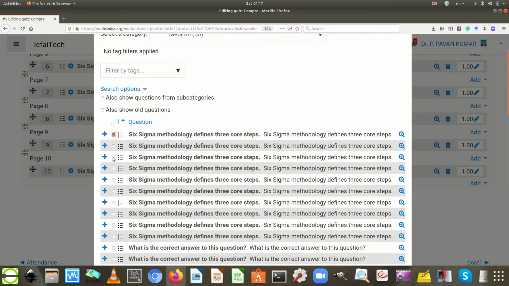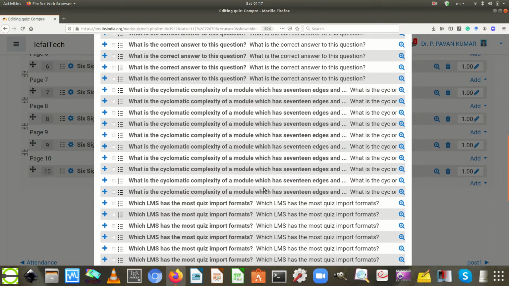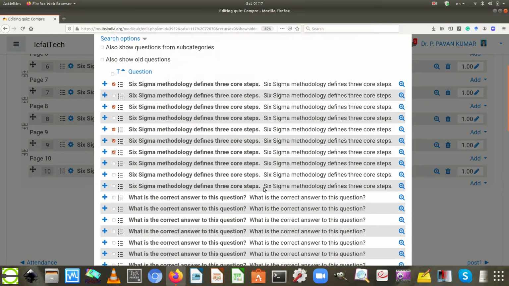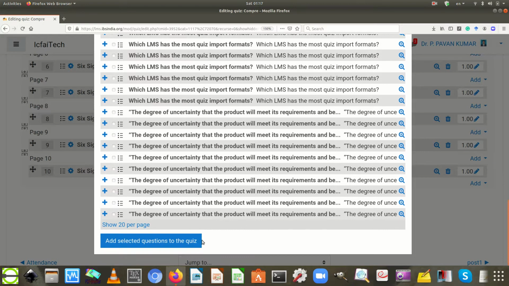Choose the 5 questions which the user wants to add into the component. Move the cursor towards the bottom of the current page and select add selected questions to the quiz.